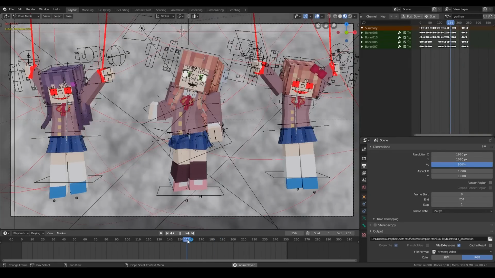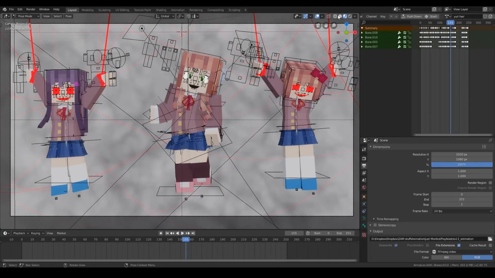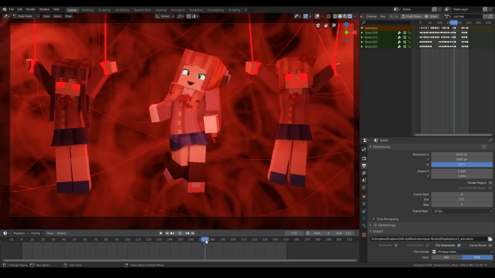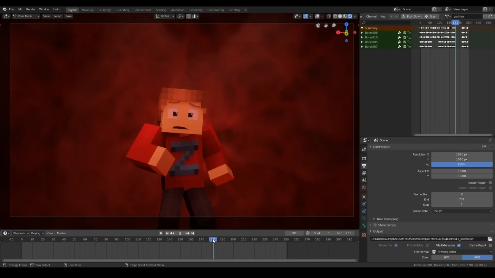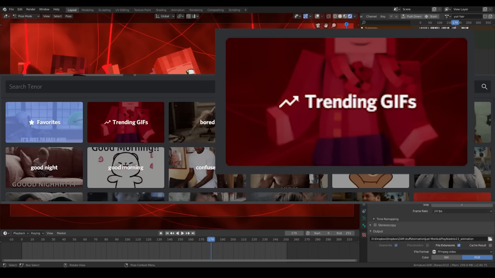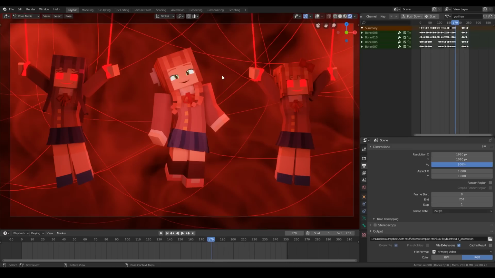Fun fact, actually, and this was very surprising. There was a GIF that someone posted of this dance. You might recognize it. Somebody posted a GIF of this dance onto Discord, and it became the #1 trending GIF on all of Discord for about 3 days straight. And I have no idea how that happened. I was like, what? It literally was on the top of trending for everyone I knew on Discord. And I asked for proof from other people, and it was indeed the #1 trending GIF on all of Discord